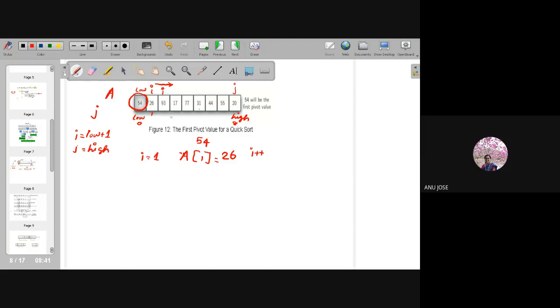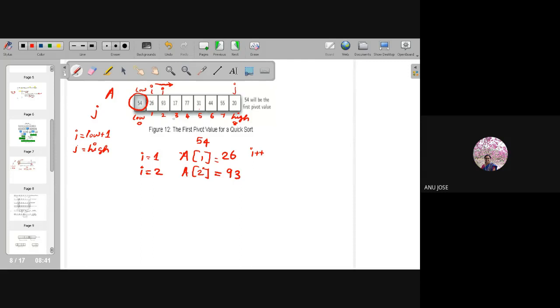It will stay there. So in this case, i became 2. I am checking what is the value present in A of 2. So the index values I will be writing here: 2, 3, 4, 5, 6, 7 and 8. What is the value at location 2? 93.